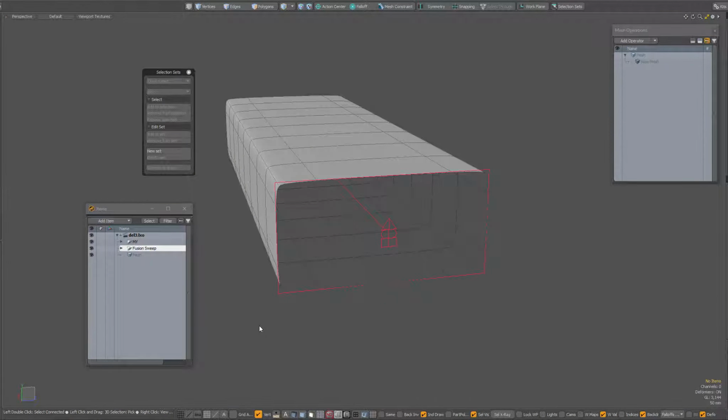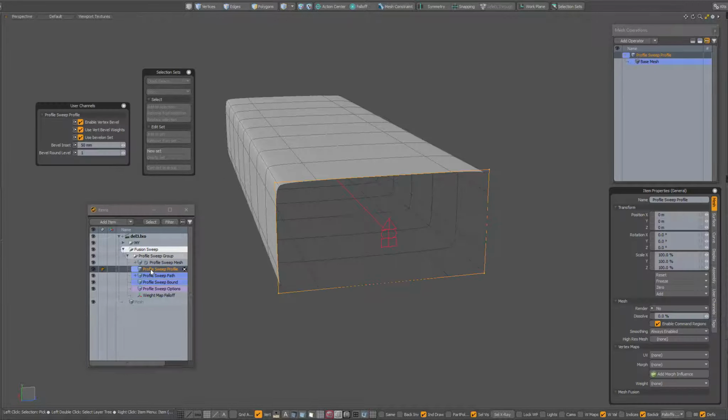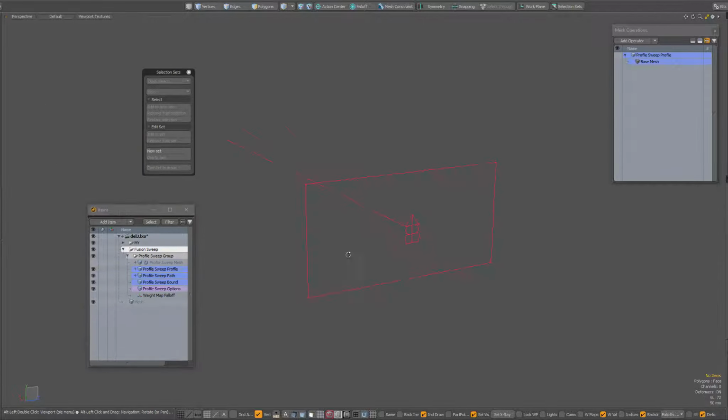After having imported that assembly, when you go to your item list, then you see a group locator fusion sweep. If you open that, then you have your procedural sweep and your sweep profile. Now your profile sweep profile, as it's called, is actually a polygon, but it's not visible as a polygon, but it has independent draw on. So when you select it